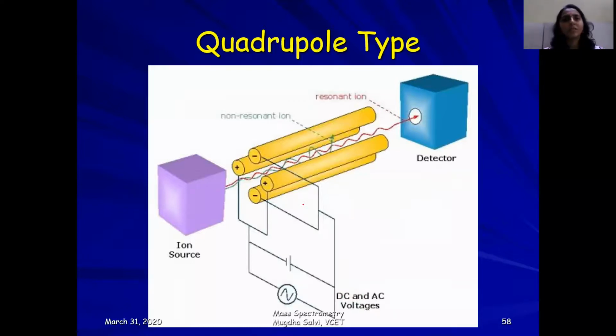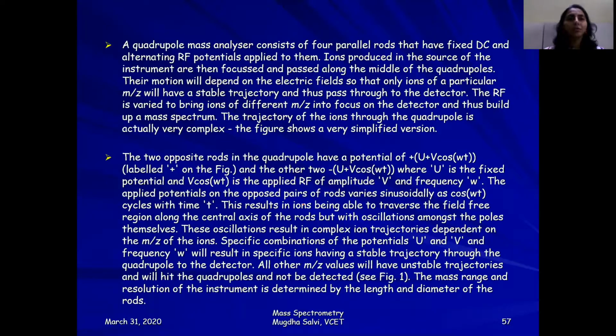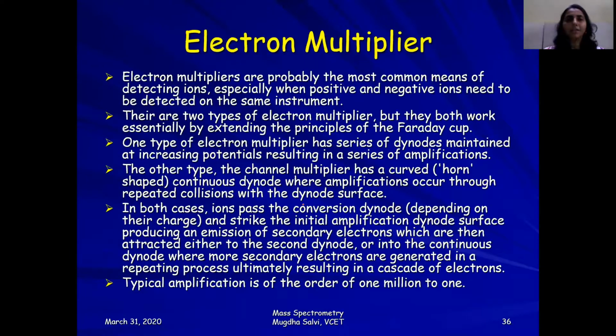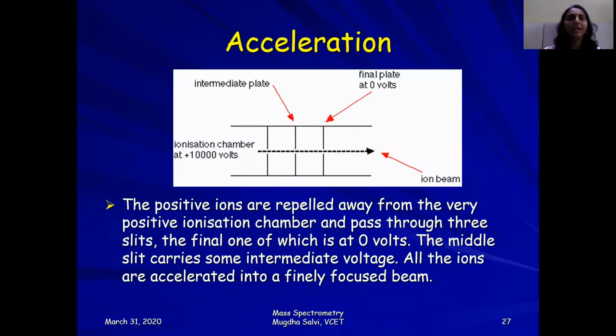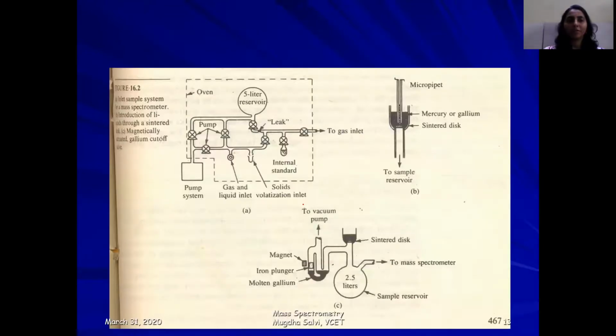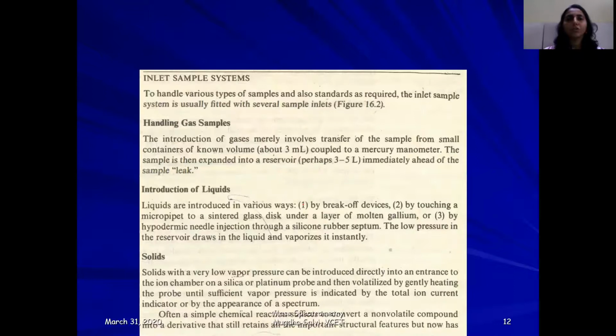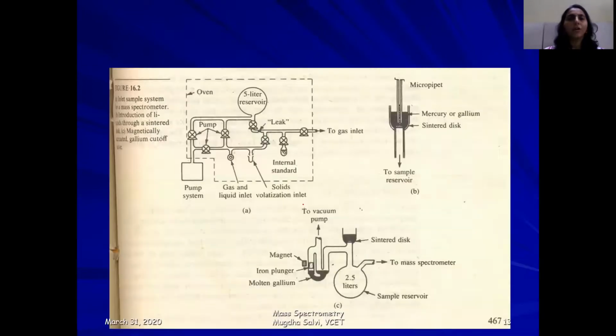Once there was a question on what the different types of systems for sample introduction are. For that reason, I showed you one slide on how the sample is introduced in the mass spectrometer, be it solid, liquid or gaseous. So you are supposed to explain this along with these diagrams. All diagrams are not necessary, one of them will do.